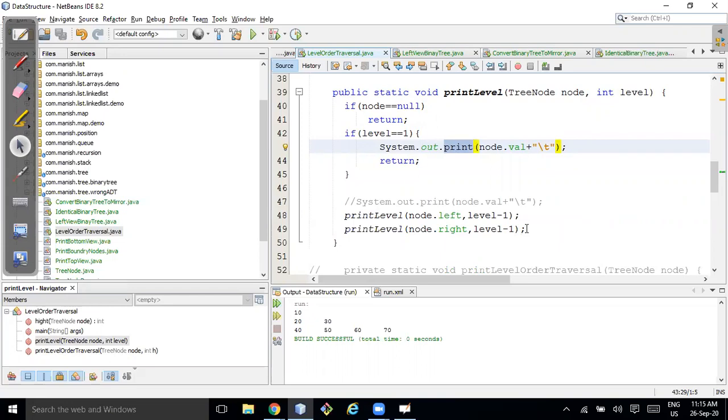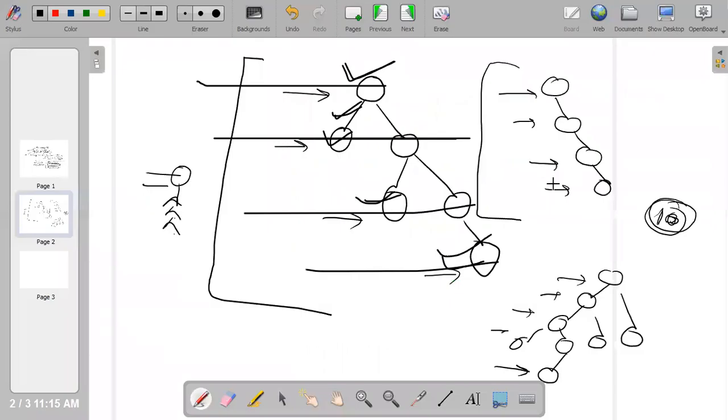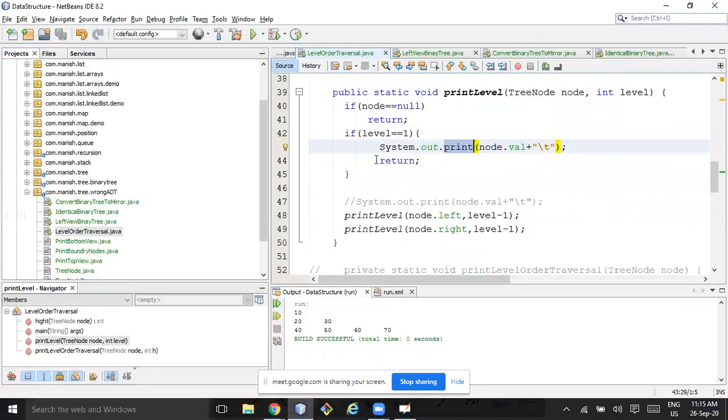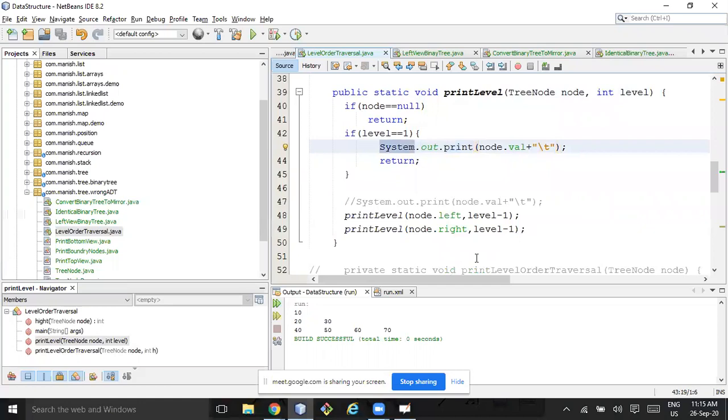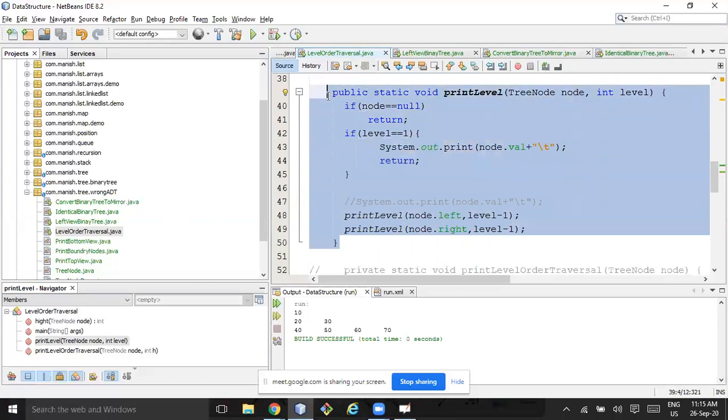Usually it's printing the left node. But sometimes you will have the right node also, right? In this case, all the right nodes are not part of the left view. How can we modify this code so that I print only one node for each level?